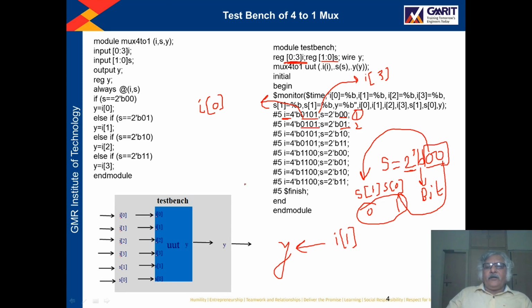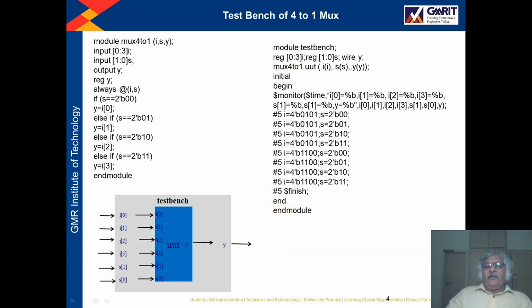So in this way, see what is the aim of my test bench. My test bench will allocate these values to input I and to the select lines at these intervals of time. Once the simulation starts, after 5 unit time, this value will be assigned.